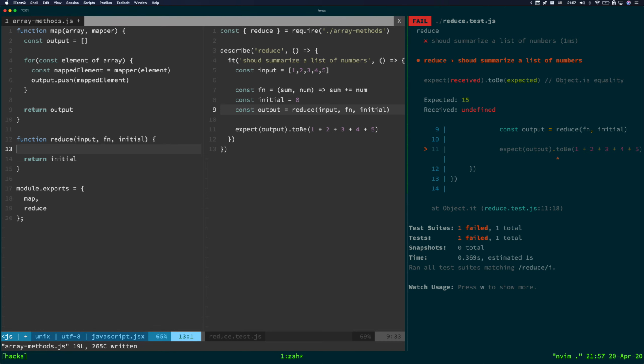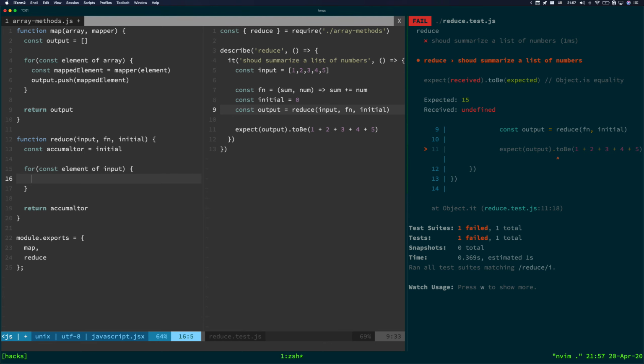So let's create an output object here. Or let's actually name it accumulator. And we'll let this be initial from the beginning. Return the accumulator. So for each element here in the input,